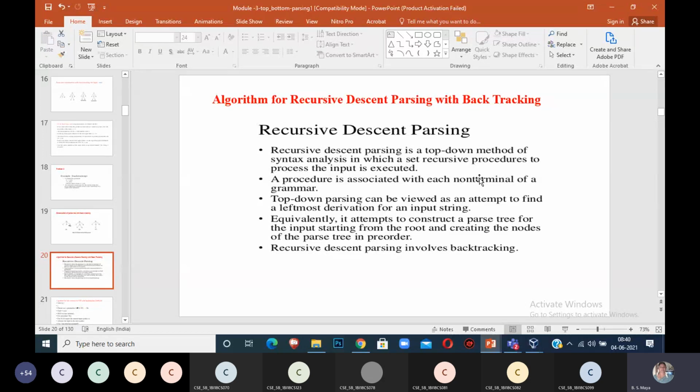A procedure is associated with each non-terminal of the grammar. Top-down parsing can be viewed as an attempt to find the leftmost derivation of the given input. It attempts to construct the parse tree for the input string from the root, creating the nodes in the parse tree in pre-order. Recursive descent parsing involves backtracking.